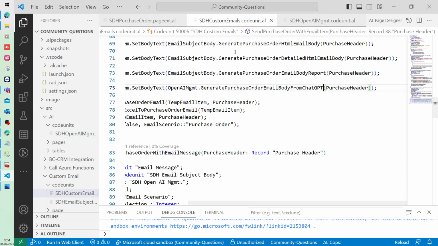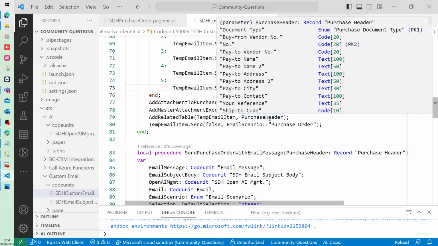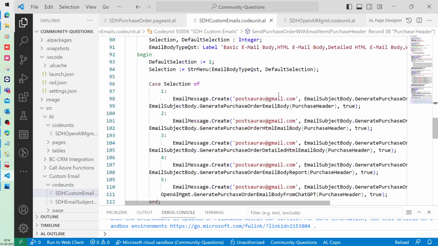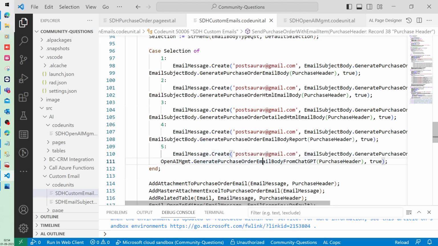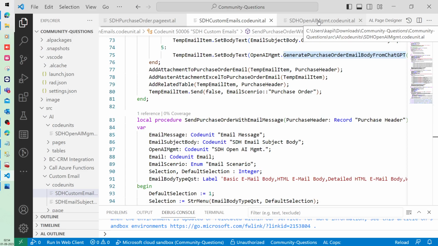So wherever the areas you think where a human intervention will be required after the AI suggests something, that's the area that you can think of using ChatGPT over there, right? So I'm using it here to kind of generate the email body from here or here. So the addition of the code part in this code is done,